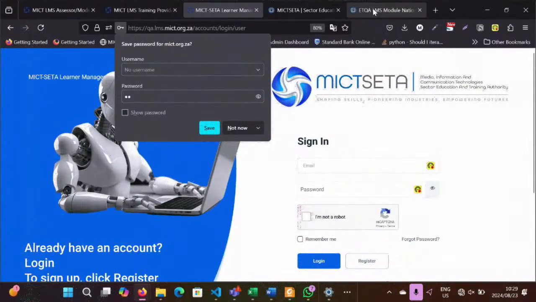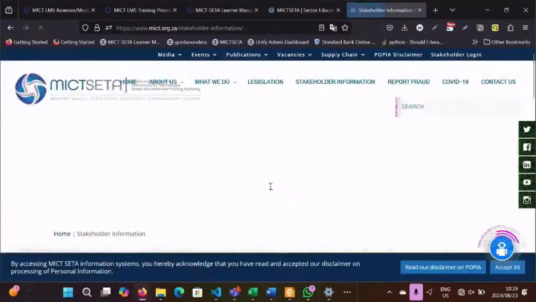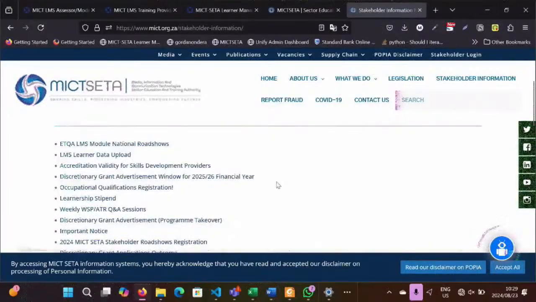So you go back to the website, the mict.org.za website, and then you go to stakeholder information. So remember, stakeholder login takes you to the login page, but stakeholder information will take you to a page that opens up, the stakeholder information business.